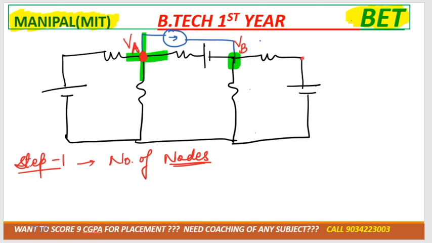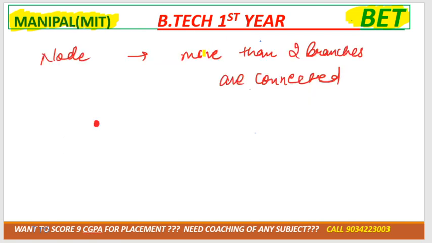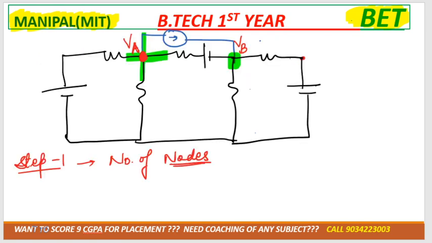So now tell me, is this a node? No. Why? Because it consists of 2 wires, and as I told you, a node is a point where more than 2 wires are connected. Okay, and this one grounded, like this one is also a node. This one we can say C, and this one we can say D. Potential across C would be VC, potential across D would be VD, and both are grounded, right?